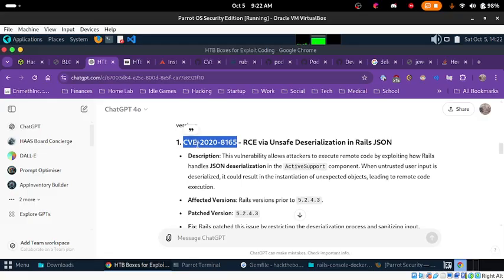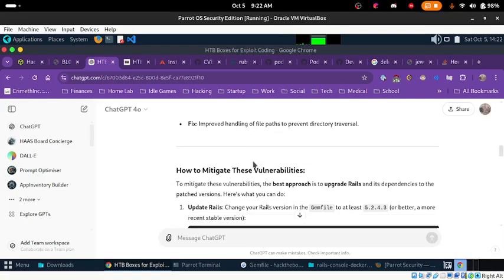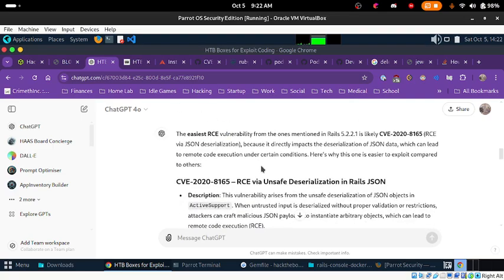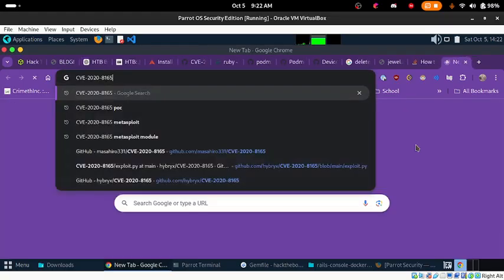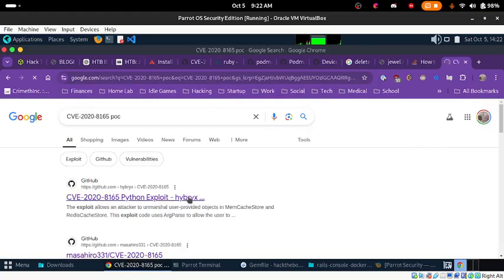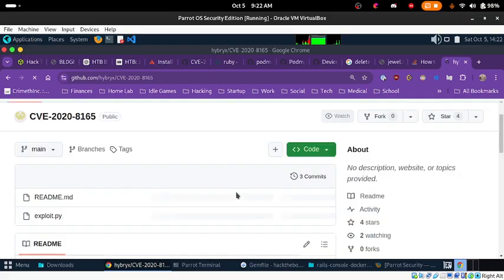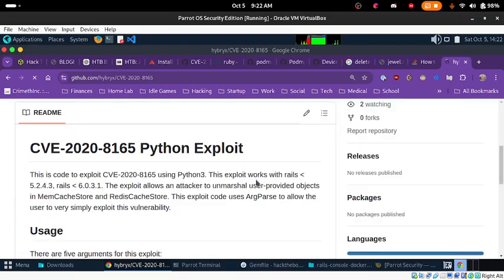So then I settled on using, I think I asked ChatGPT which one is easiest to exploit. Yeah, which is the easiest RCE, which is this. So what I did was I searched the CVE name and then POC on Google, and I just clicked on the first GitHub link, and I found some Python code that